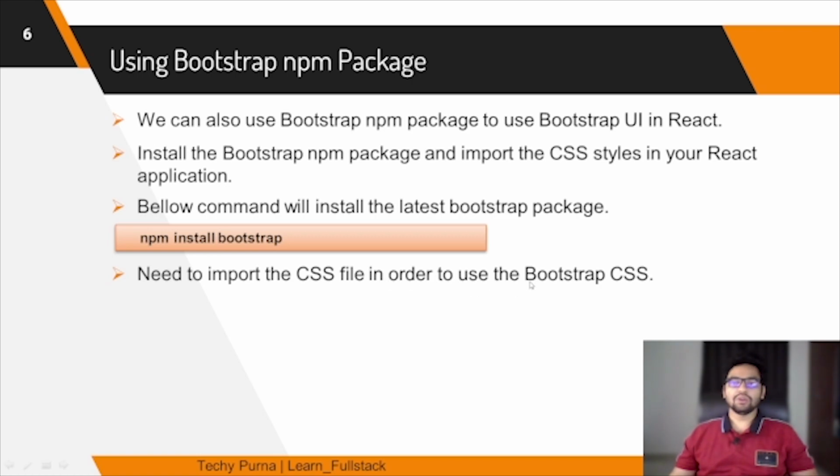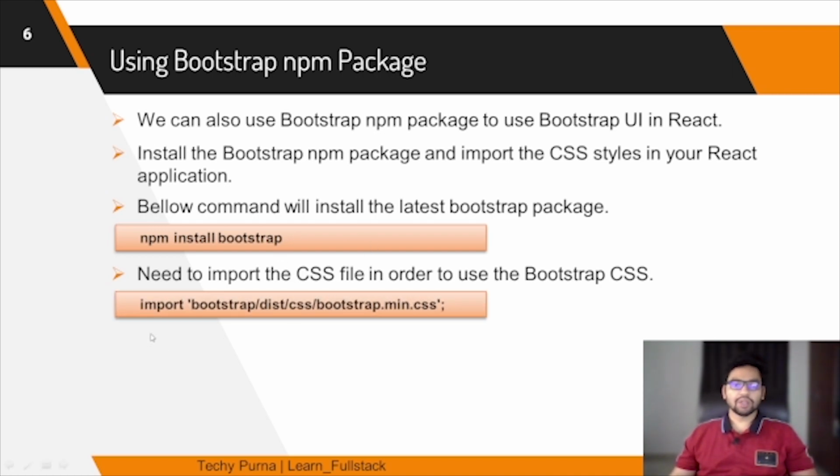So in order to use the Bootstrap style after the package installation, you have to import the CSS style in your React application to use the predefined Bootstrap CSS. So this is how we can use it, right? Import bootstrap dist css bootstrap.min.css. So basically this Bootstrap is your local folder now. In the CDN, what happened, right? You need to connect to the internet, and through the internet you will fetch the styles and apply them to your application. But with the npm package, those things will be downloaded into your local machine,